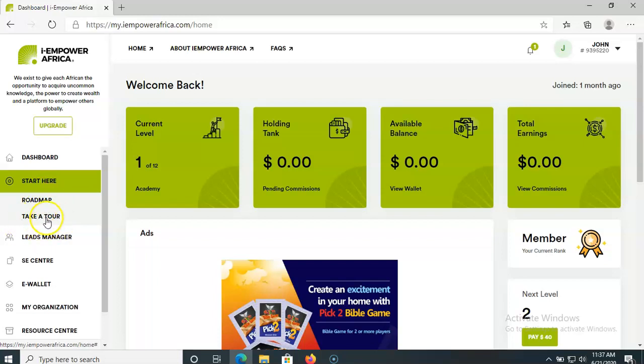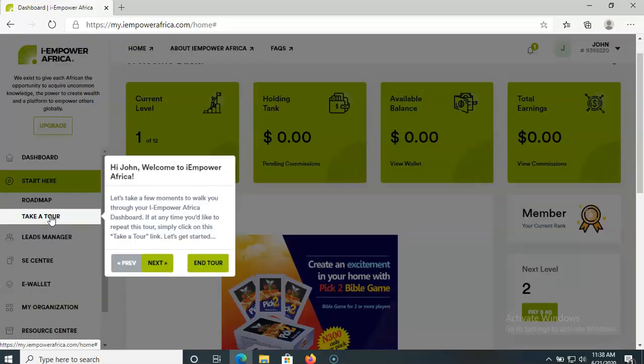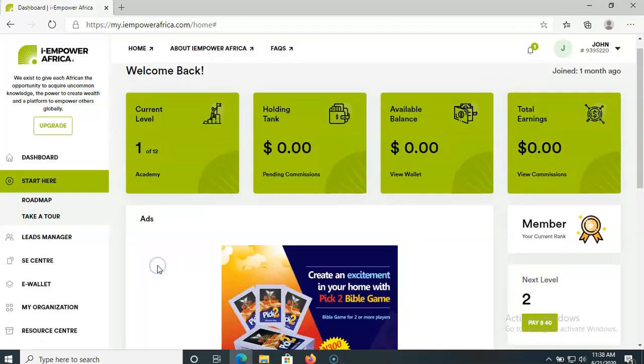But if you have a desktop or a laptop, come over to the dashboard and click on take a tour. Once you do that, it will begin to show you around your back office. It is an automated system that takes you step by step, showing you everything you need to know about your back office. The first thing it's telling me now is what I need to know. When I'm done, I click next,